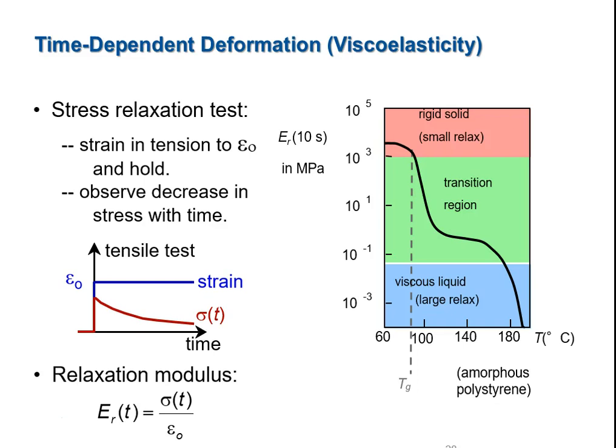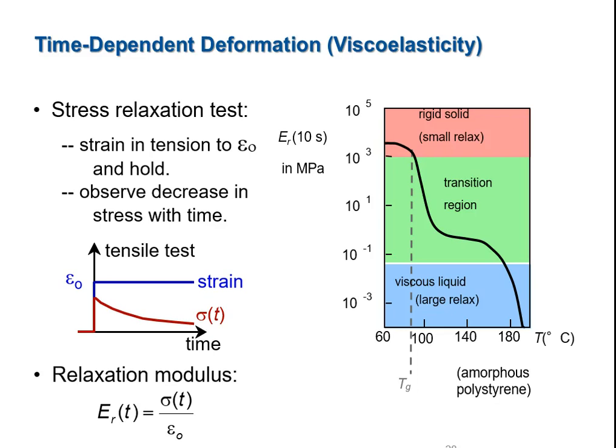We can impose a set strain and then see what happens to the stress in that material over time. So if we think about maybe a polymer or a rubber, we yank it out to a given strain, pin it in place, and then over time we see how hard does it keep pulling back, and measure that as a function of